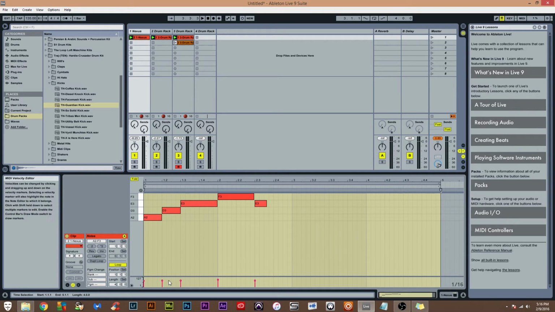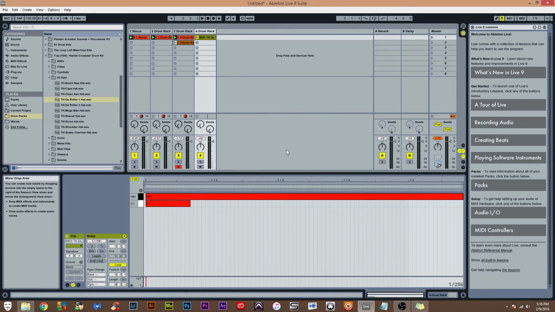I typically leave my velocities as is for my melodies, but depending on what you're making, you might want to bring them up or down however you want to do. There's some more stuff over here, but I'm not really going to dive into that. This is strictly for beginners, for building. So I'm just going to do a quick little hi-hat. Now, this is what I was talking about when